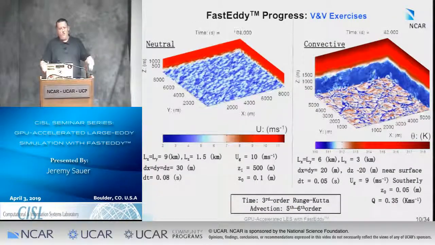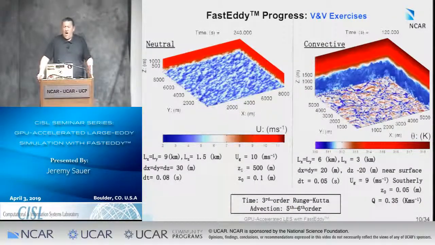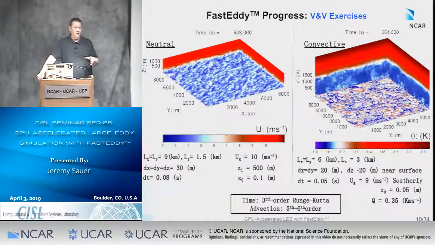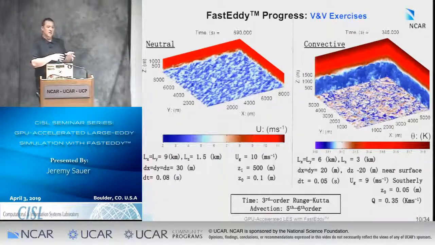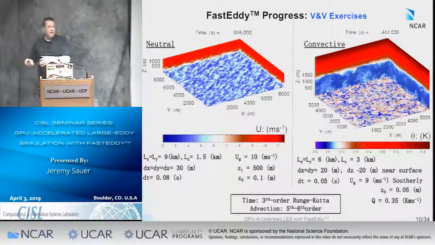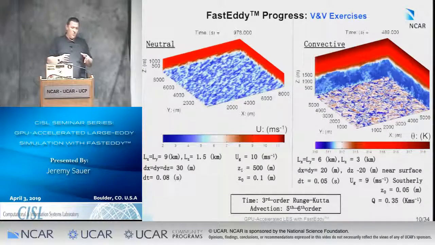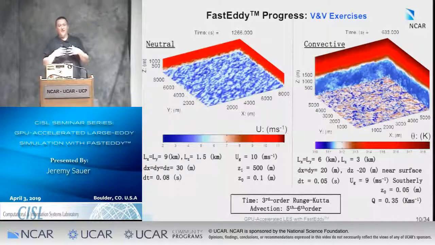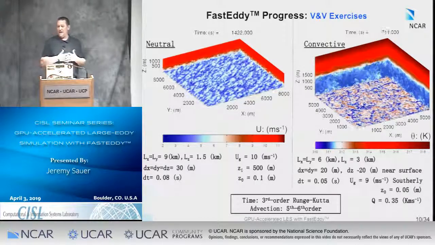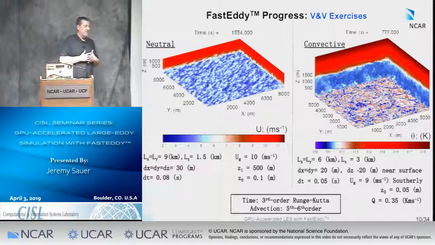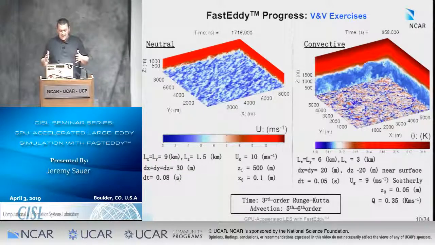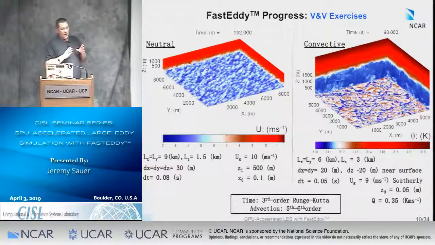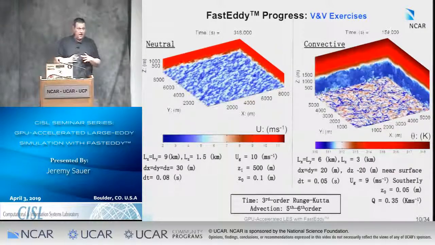Okay, so what have we been doing in the last year? Well, as I mentioned, FastEddy was built from scratch. And there's a trade-off for building a model from scratch as opposed to porting a legacy well-known model to GPUs. That trade-off is we have to prove that it works all over again, starting from the beginning. Even if we're using the same types of numerics, we need to go through a verification and validation process, and that can be lengthy. So in this last year, we've dove deeply into our canonical stability regime cases,